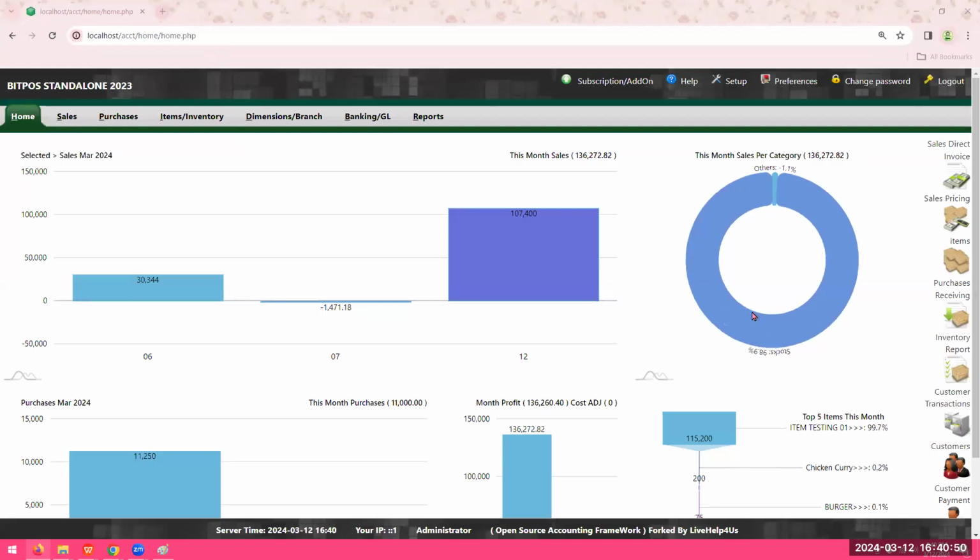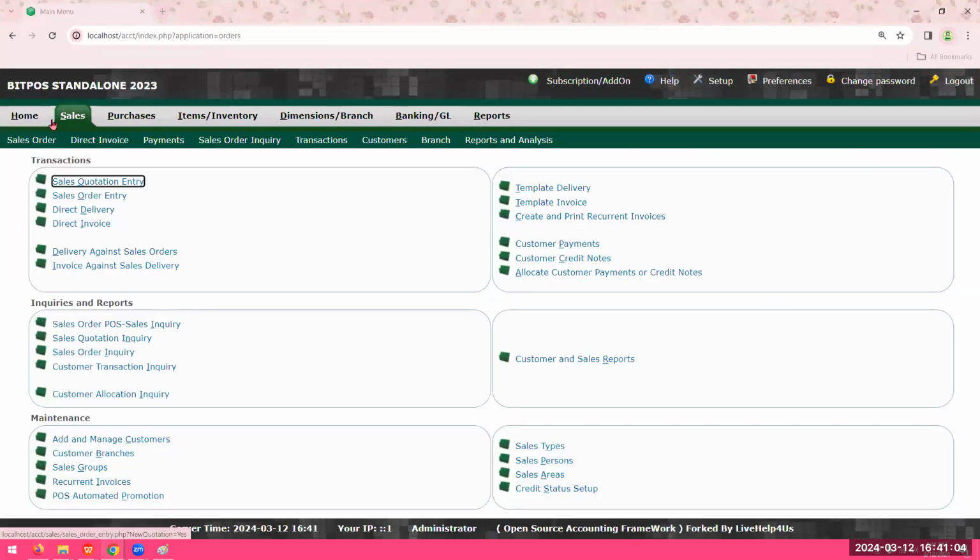So hi everyone, in this video, we are going to talk about customer payments here in our back office interface. So the first step that you have to do is to log in to your back office site and you are going to tap the sales modules here. So once you are here in our sales module side, you have to tap customer payments.